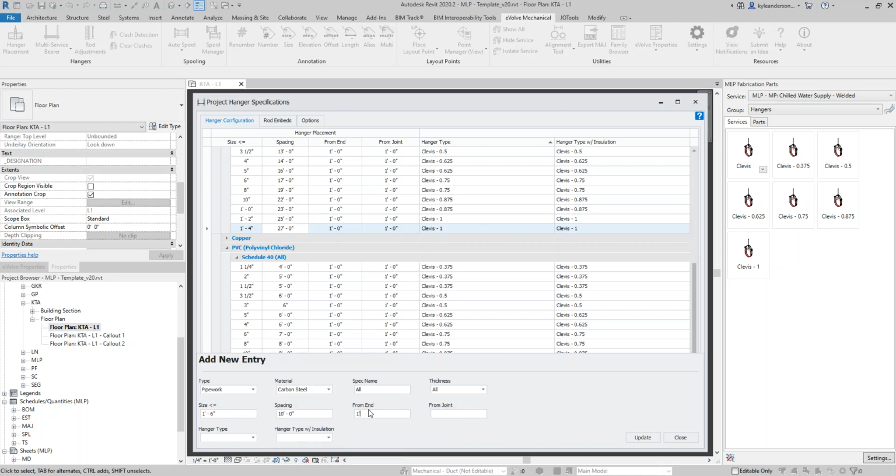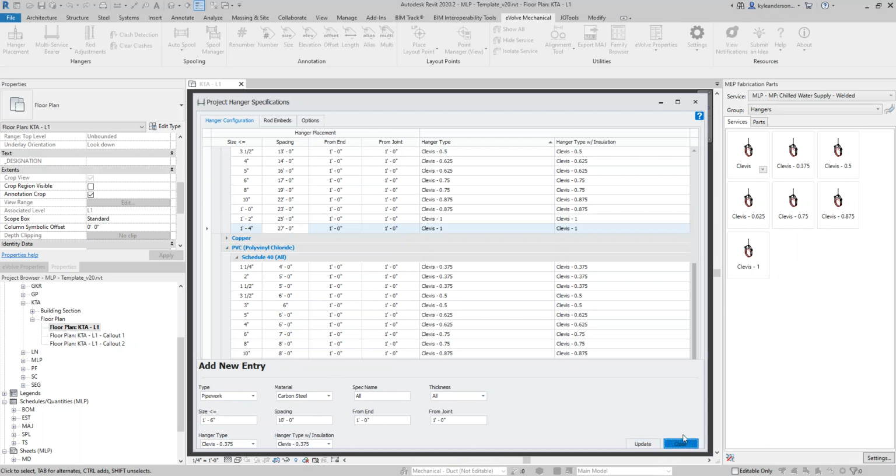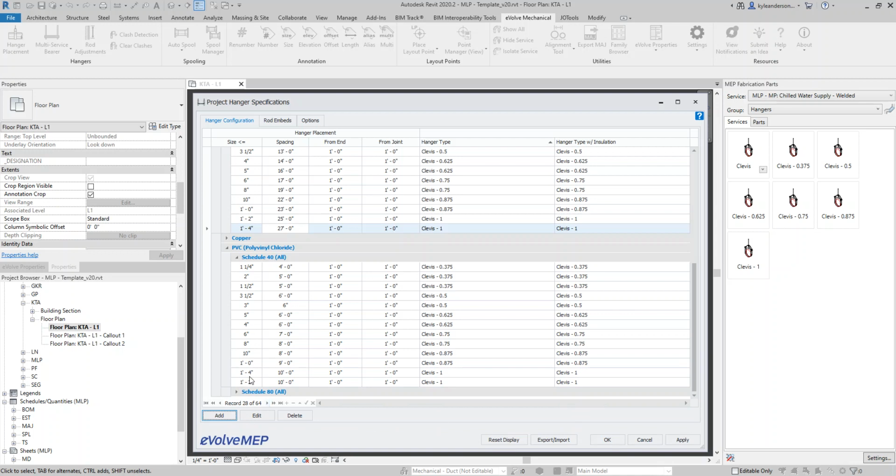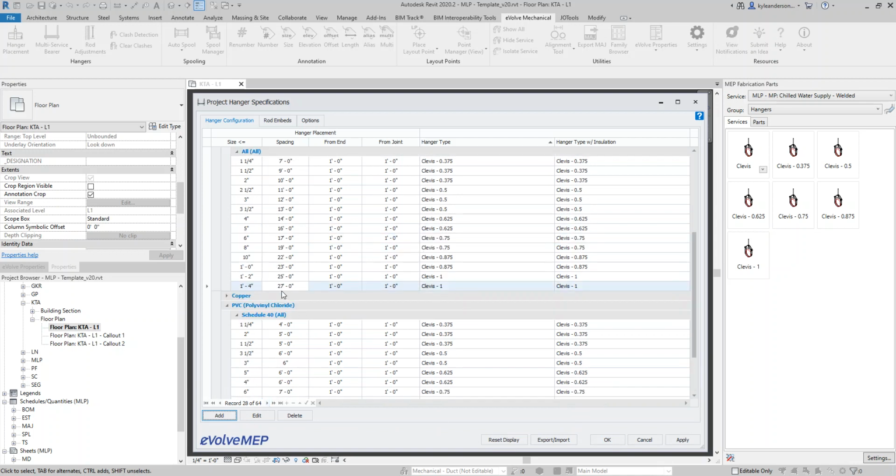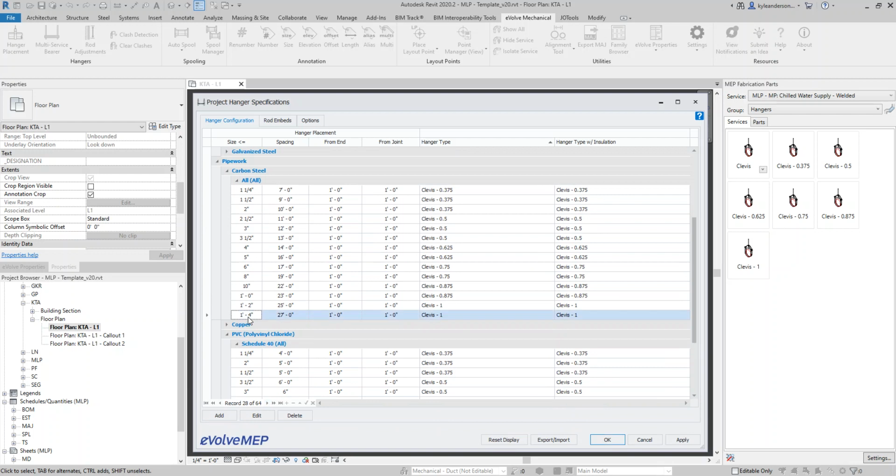From end, 1 foot. And then I can choose what hanger I want to apply to that. If I'm good with everything I have here, I can hit update and it will add this entry into my services. If I wanted to edit an existing entry, say, this here, the 3-inch 12-foot spacing doesn't work